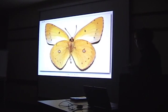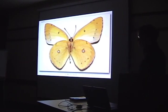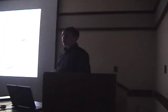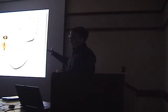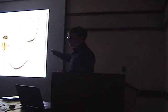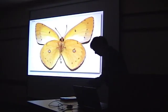So clouded sulfur has erytheme spots, but these can be faint. They can even be absent. Al Wagar caught the Snohomish County record of the clouded sulfur last year, and it had none of these erytheme spots on it. I forget what they call this spot,